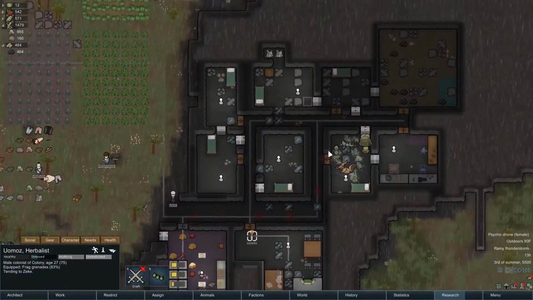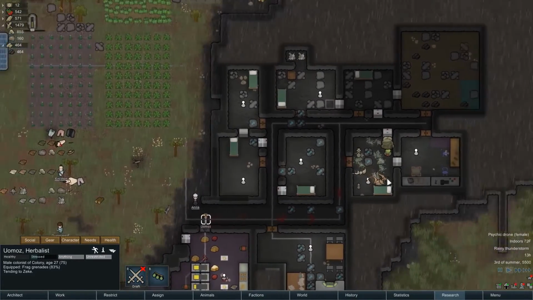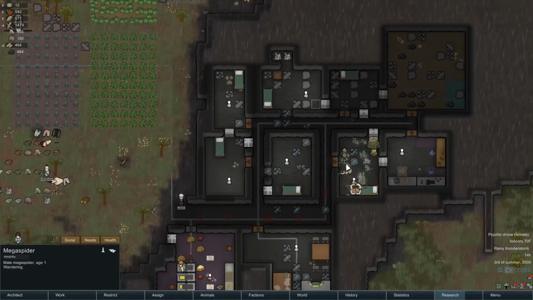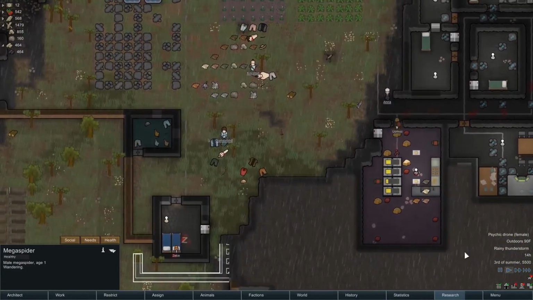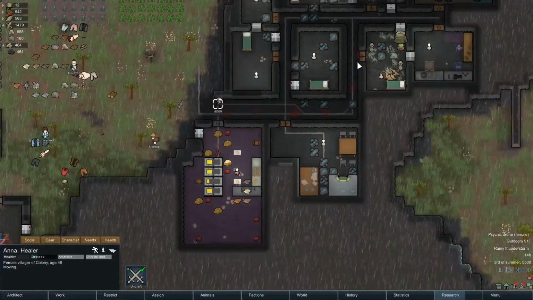Like I said, this is where digging in. This is a new challenge from the new update here. One problem is that they just moved into our room, and if we don't deal with this hive, these guys are just going to have a grand old time. They will eventually dig out. So we are going a little slower here. Once Umaz is cleared, what we can try and do